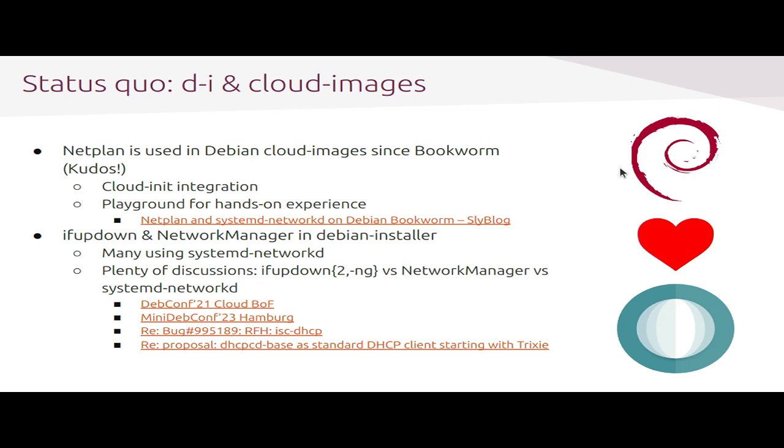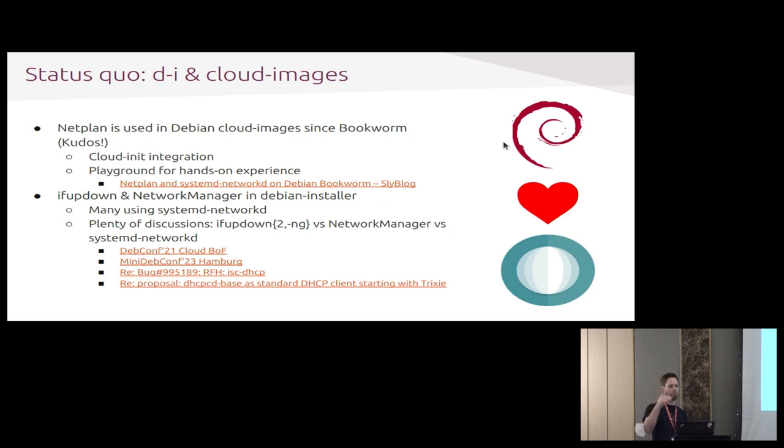I guess a big point for that was the integration with cloud-init. So if you want to use Debian images on a public cloud like AWS, you have the common cloud config file, and you can put the network version 2 data in there. And if you do that, that's basically Netplan. It will be translated to Netplan underneath, so you might have actually used Netplan without knowing about it if you instantiated an instance on a public cloud service.